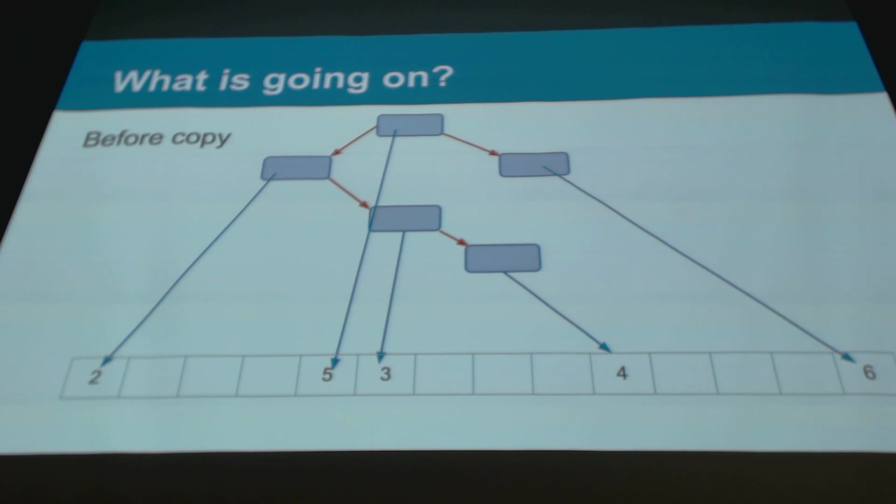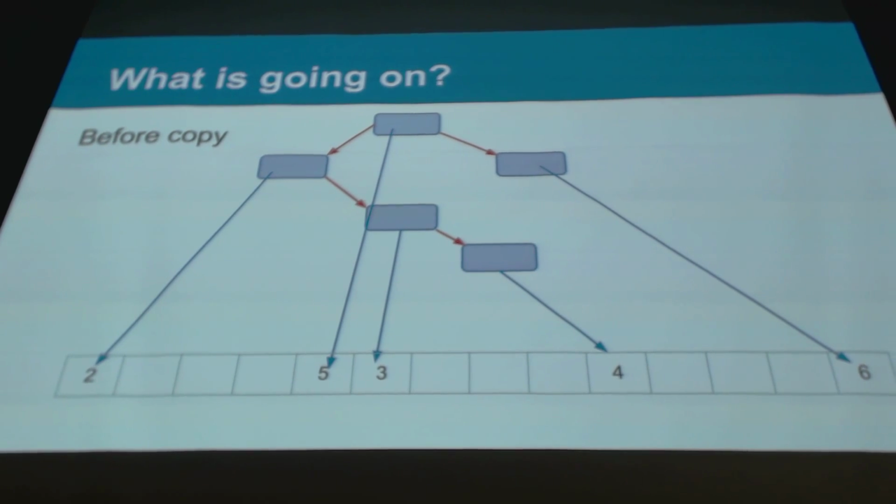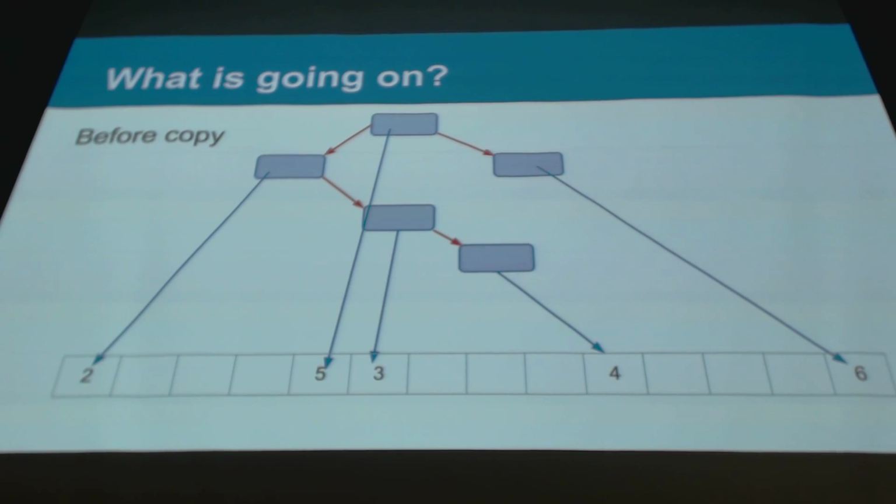Imagine that we have a map or set or something like this, and imagine that after some insertions, our map looks like this. Because we were inserting in a random order, the things that the pointers were pointing to can be in random places in the memory. So when we are trying to